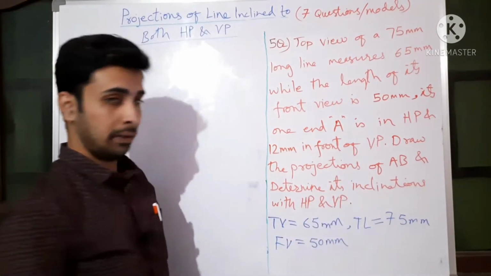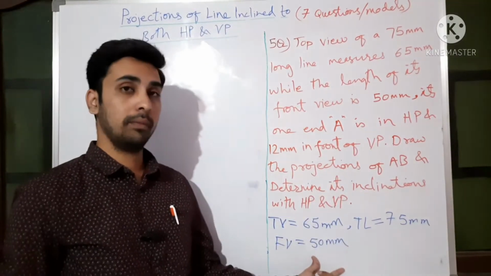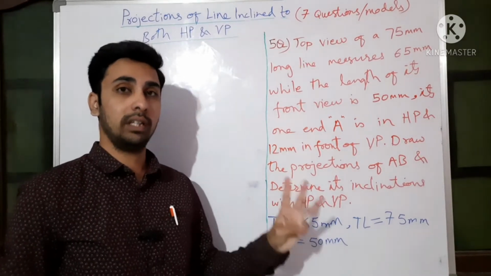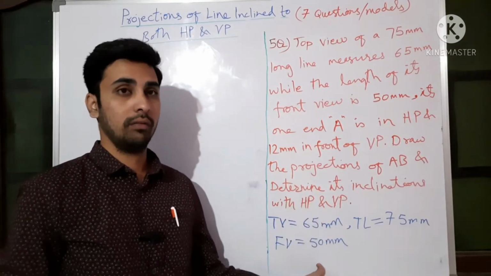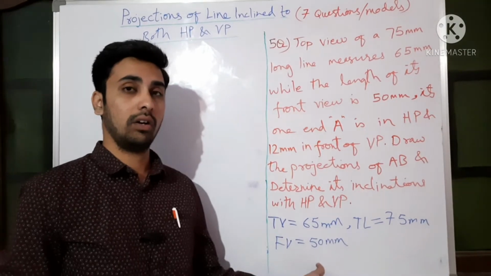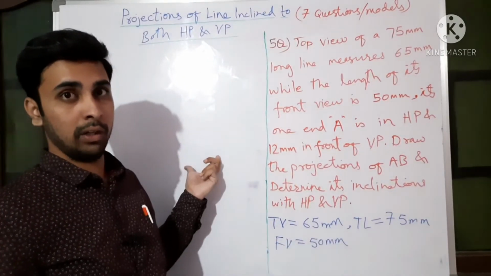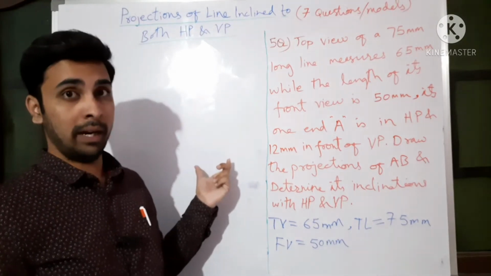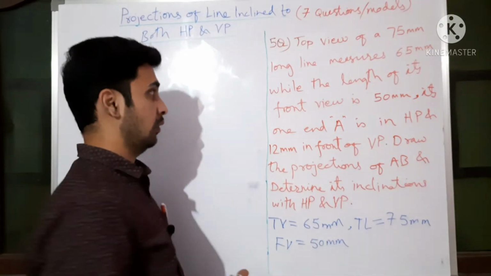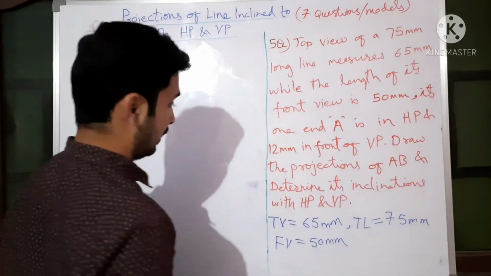As I said in the previous videos also, in every problem they will give a maximum of 3 things, which we need to utilize, and out of these 3 things, one by one we have to use them and obtain the remaining diagram. The pattern remains the same, only the given data will vary. So let us see the solution here.